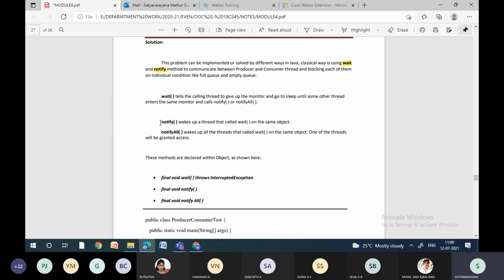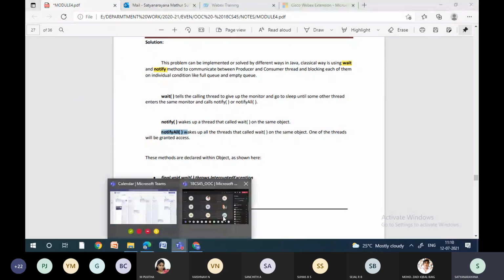The moment the consumer gets notified, the thread wakes up and goes to the object to get it. We also have one more method called notify all, which wakes up all the threads that are in the wait state.